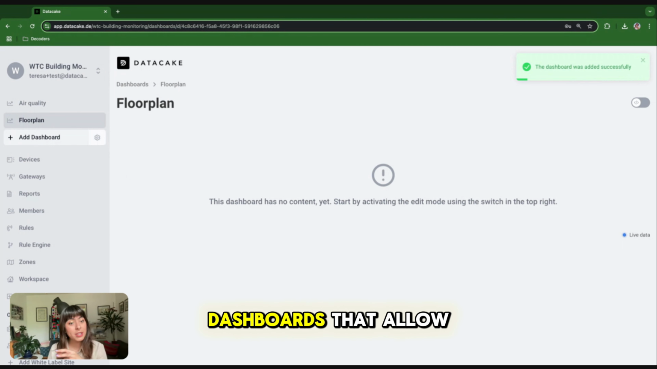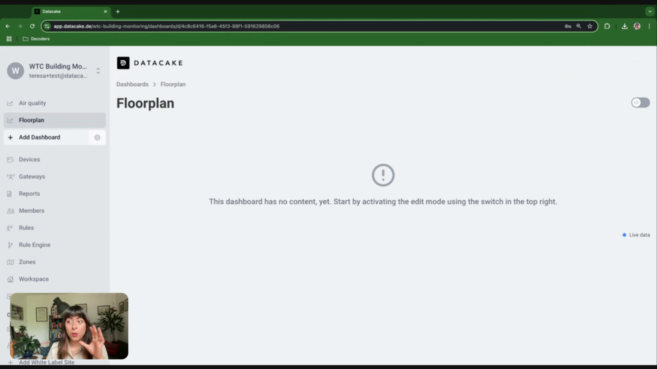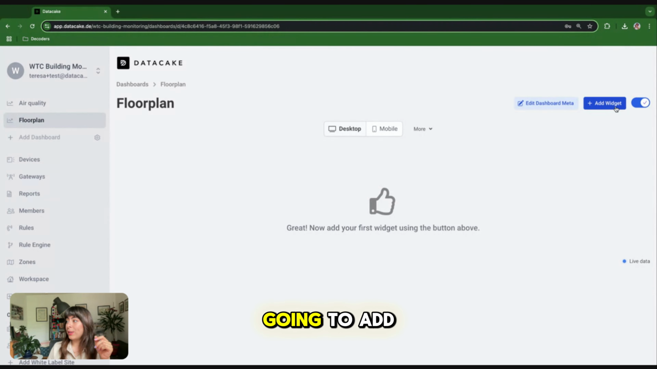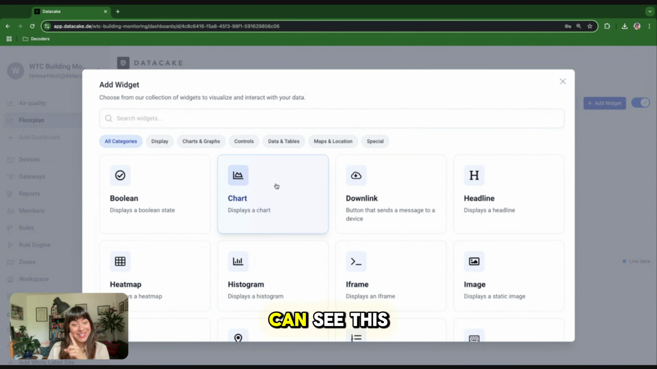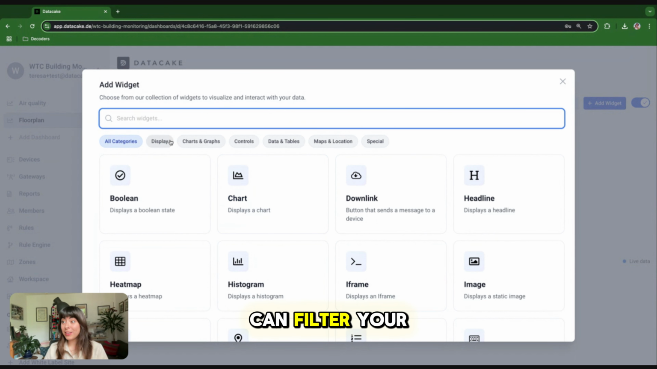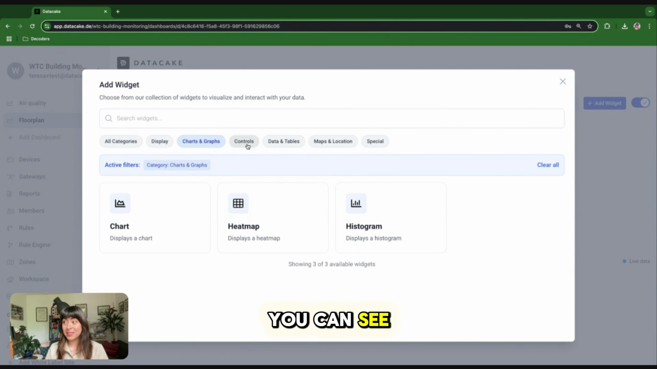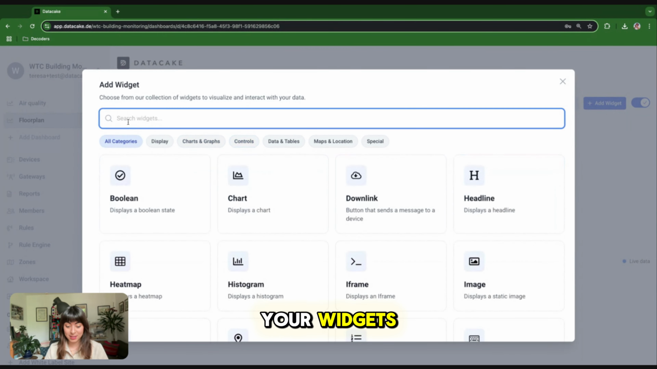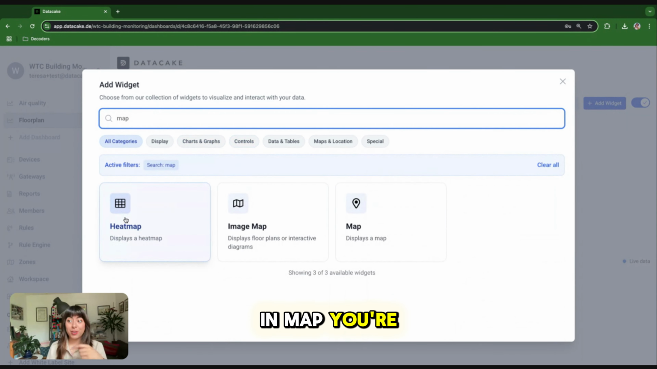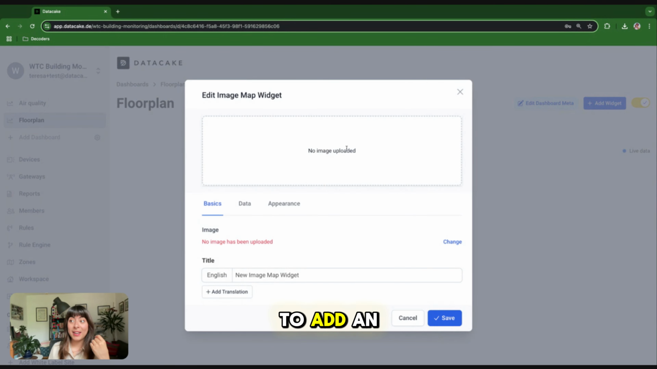And that's going to be, I clicked on add a dashboard. Those are global dashboards that allow you to create one single overview for more devices. And we are going to add a widget. And as you can see, this overview is new as well, and now you can filter your widgets. You can see and search for your widgets. If you type in map, you're going to see the heat map, the image map, and the map. We want to add an image map, which is our floor plan, and I'm going to select from my PC